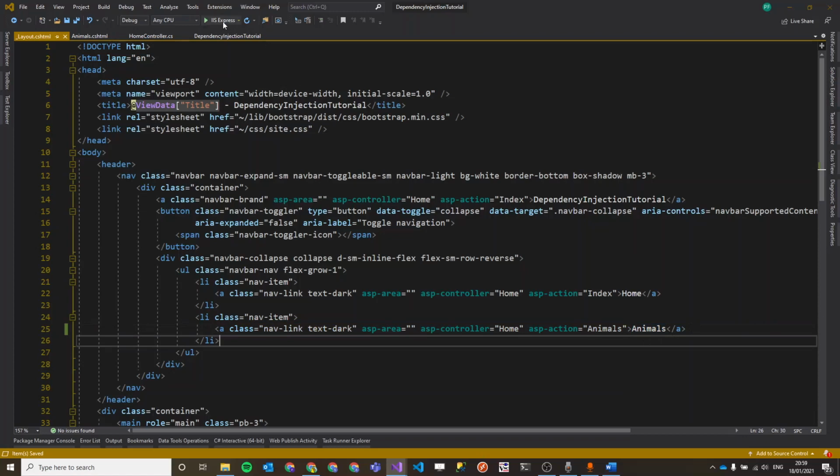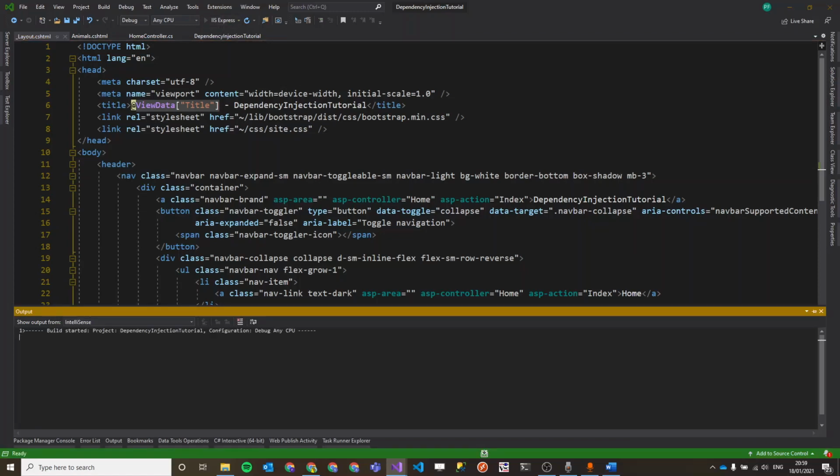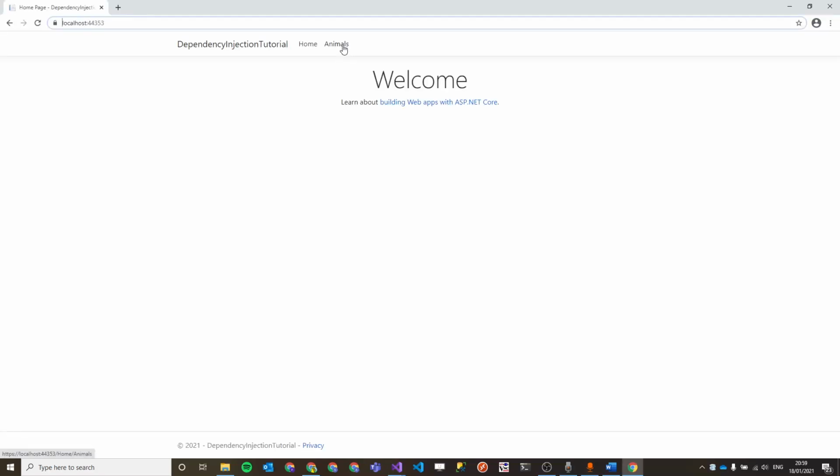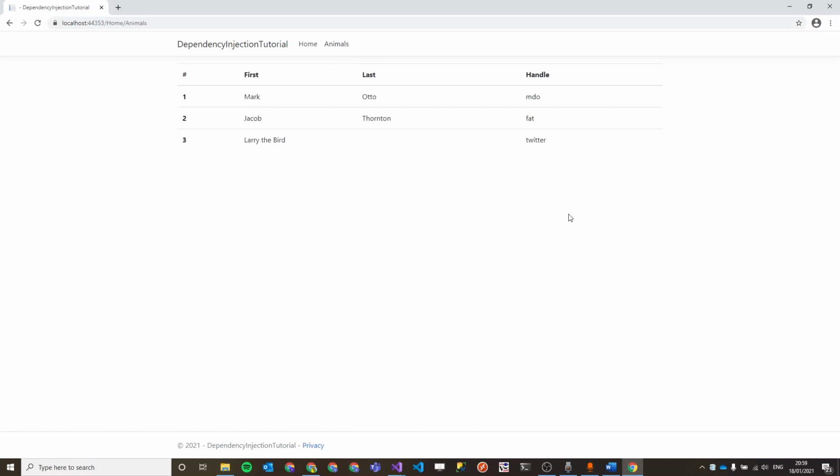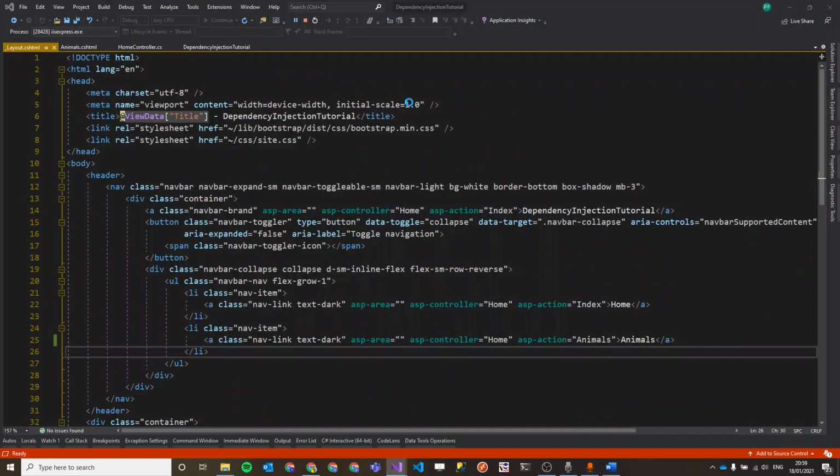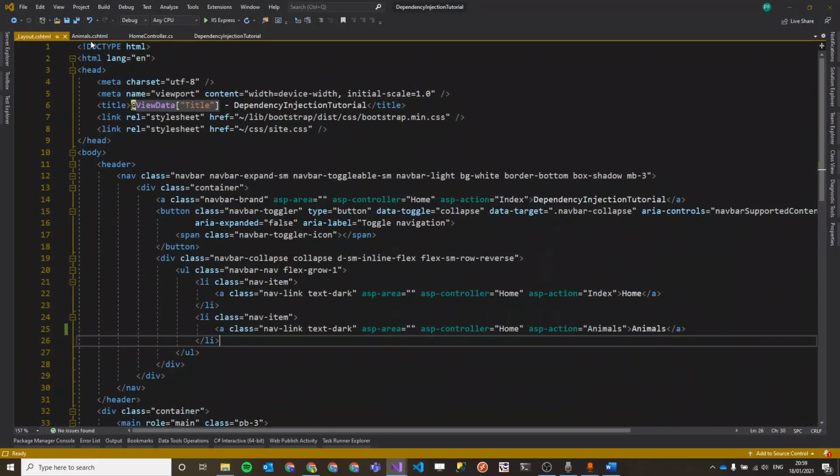Okay, cool. If I just run it now, it says animals, great. If I click on it, there you go. Just a simple table with some example data. This is not the data we want though, so let's just quit that now and make this work. How do we do that? Well,